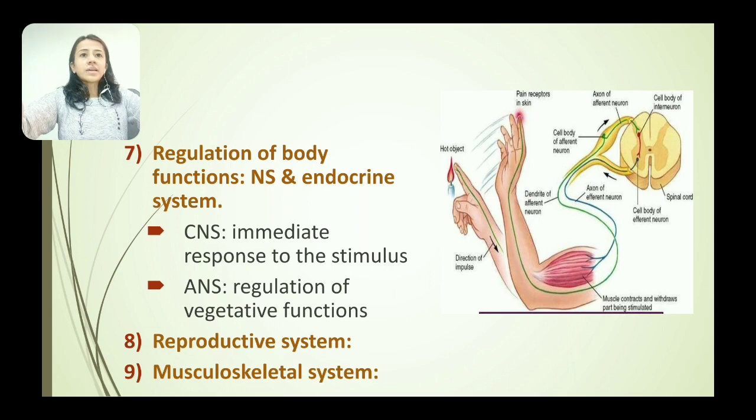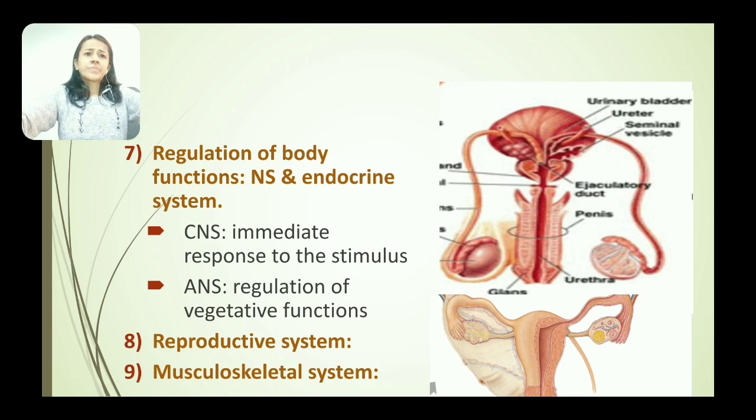The nervous system again is of two varieties, central and peripheral nervous system. The central nervous system includes brain and spinal cord, and the peripheral nervous system includes nerves. The autonomic nervous system is the other part of the nervous system, which is important for vegetative function. They are vital and that is also required for homeostasis.